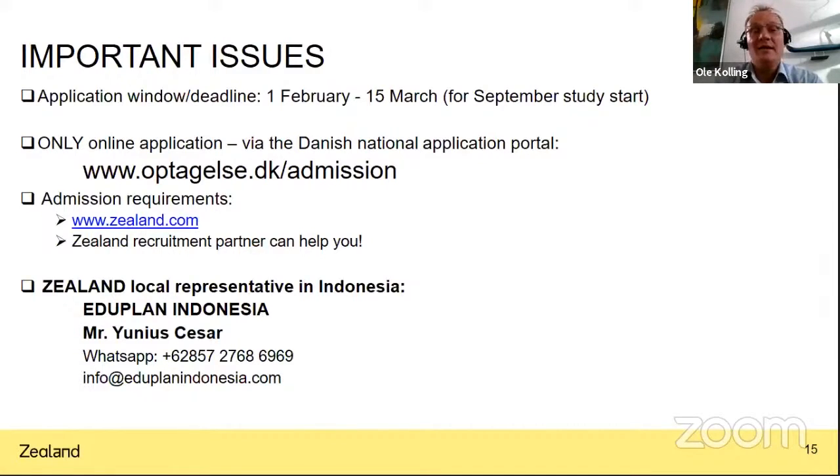You apply online. In Denmark, we have an application portal, a bit similar to UCAS in the UK. Ours is just optagelse.dk. You log in there, it will open, and there will be 3 columns, and you of course follow the one in English because the other 2 are meant for Danish applicants and will be in Danish language. I also refer you to our webpage, sealand.com, where you find additional information on the programs I've talked about, but also the admission requirements and how to apply for a program.